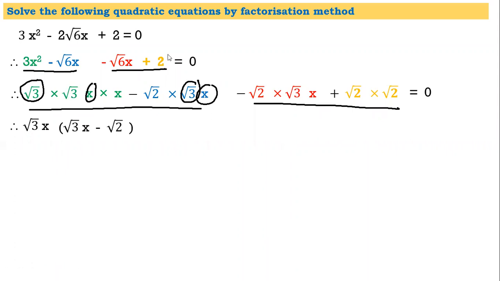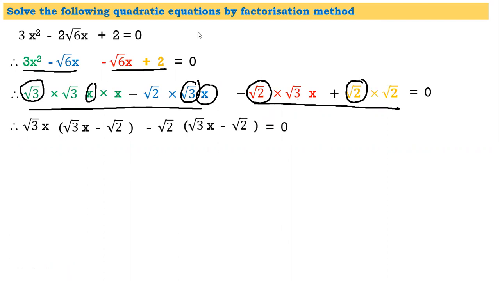Now let us go to the next bracket. So there is a minus sign. Be careful, there will be a minus sign here. So let us see root 2 and root 2. There is nothing else common if you see. So be careful. I have a minus sign here, so I'll have to write that same sign, and minus root 2 would be common. Now once I take minus common, students, I know the signs inside the bracket will change. So it will be root 3x, so it's a plus, it will become minus root 2 is equal to 0.